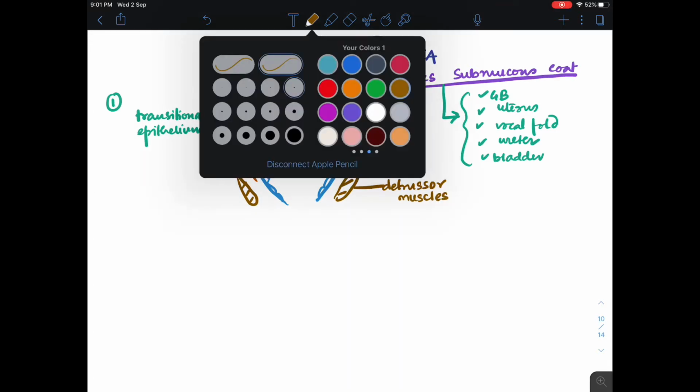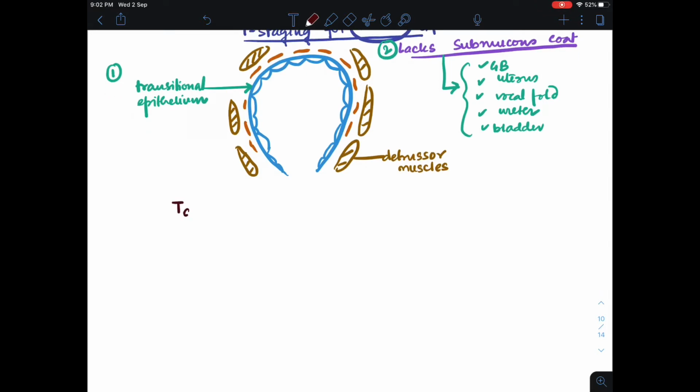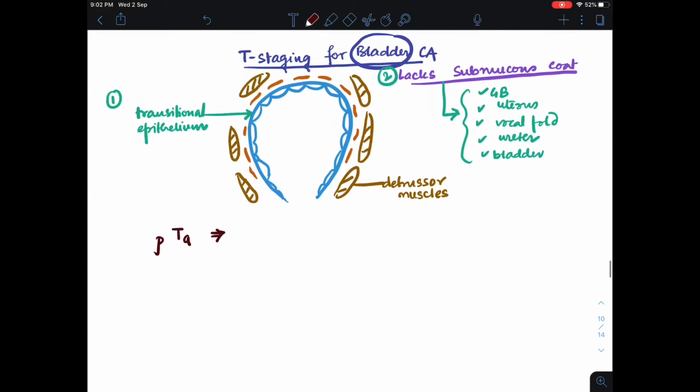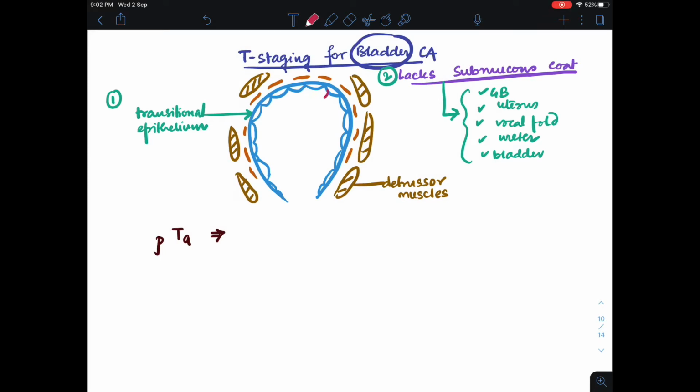Now coming to the staging. The first stage, that is the TA or pTA, is nothing but a papillary projection. A papillary projection from the transitional epithelium or urothelium, which has a slight malignant potential. As this papillary projection is from the epithelium and doesn't invade, the basement membrane remains intact and there is no invasion present, we consider this as TA,